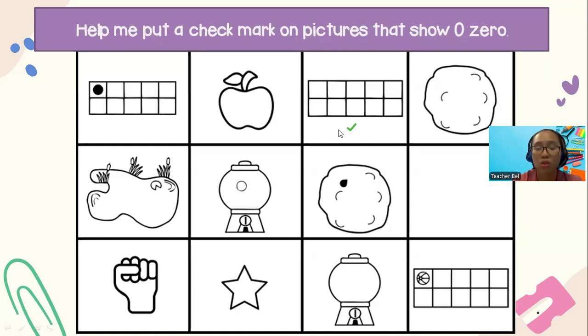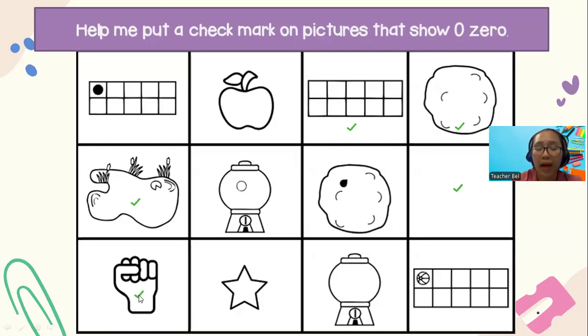No dot for that one, sorry, that's empty. If it's empty, there is nothing. We get to check. How about the cookie? Does it have a chocolate chip? It's empty. It's an empty cookie. We get to check. In the pond, is there a frog? No, so it's empty. That's for zero. How about the gumball machine? Do we check for this one? No. That has one gumball, that's for one. How about this cookie? There's one chocolate chip, so we get to leave it. That's not for zero. What about this box? There's zero, it's empty. That is for zero.